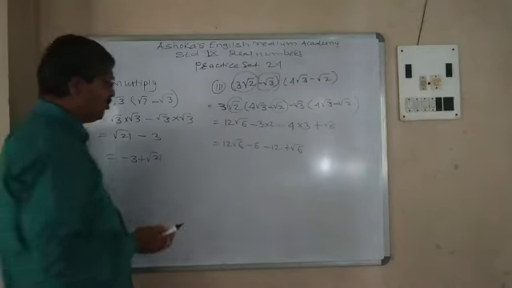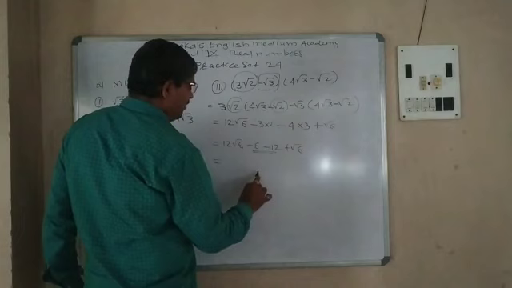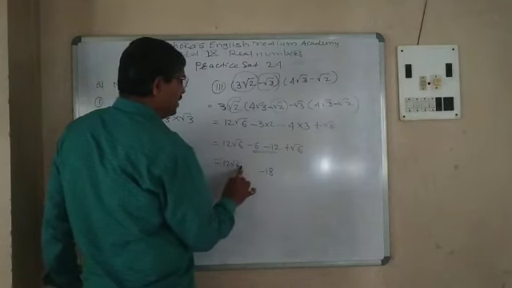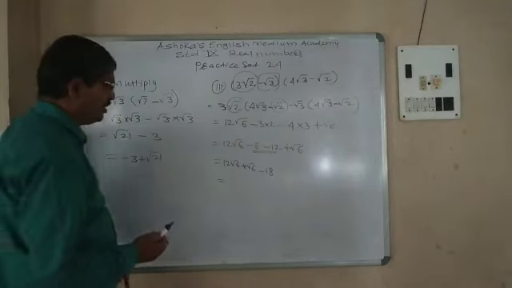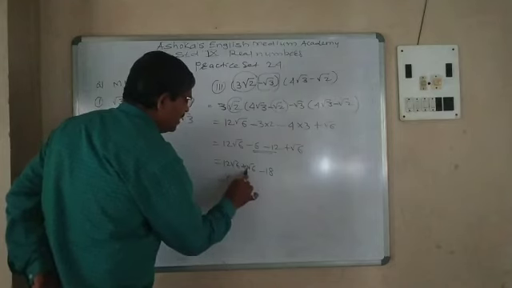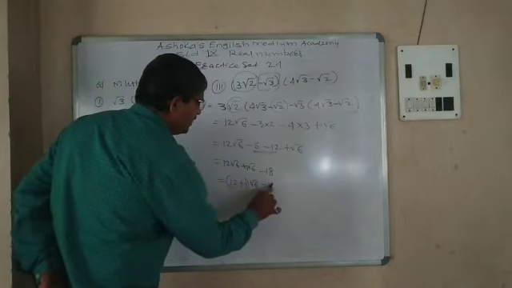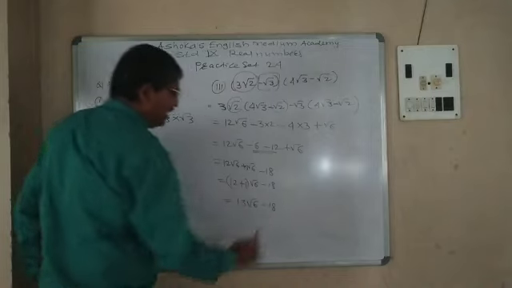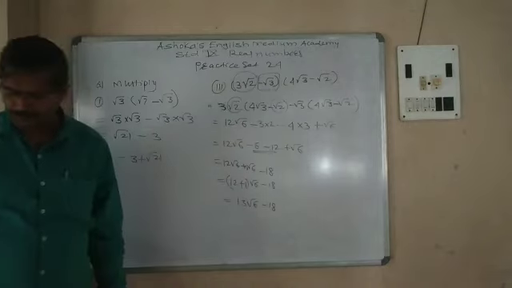Okay, is it clear? So what happens now? Do the addition of minus 6 and minus 12, which is minus 18, and 12 root 6 plus root 6 means we should take 12 plus 1 in one bracket. Here nothing means it is 1, so in the bracket 12 plus 1, outside the bracket root 6, minus 18. That means 13 root 6 minus 18 is the answer of the multiplication of these terms.